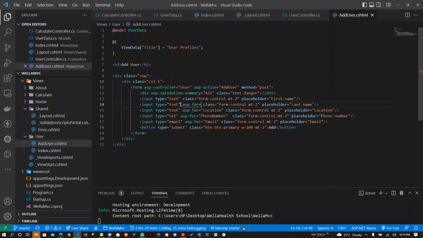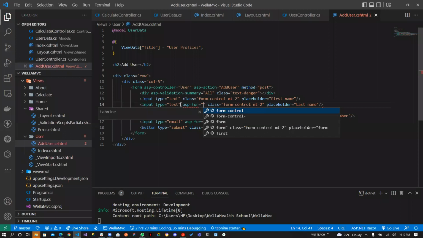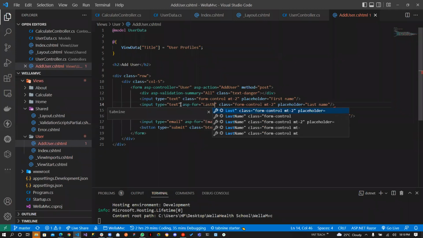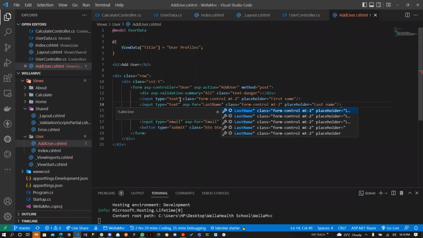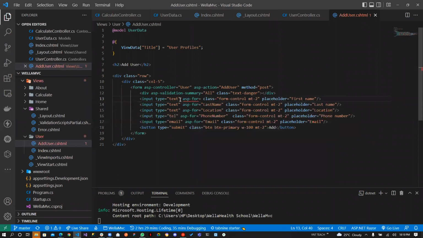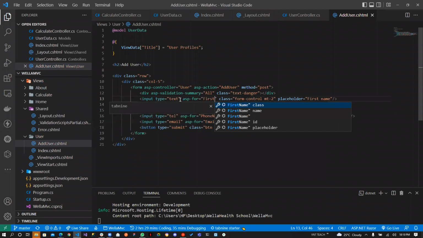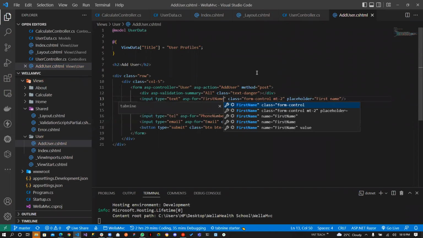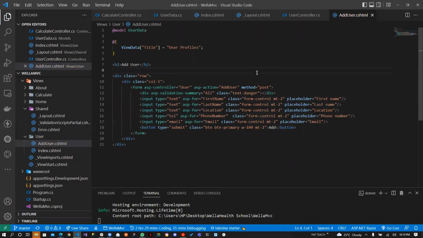ASP4 should be last name, then ASP4 should be first name. So if you remember in our last form, we used name and then we were using